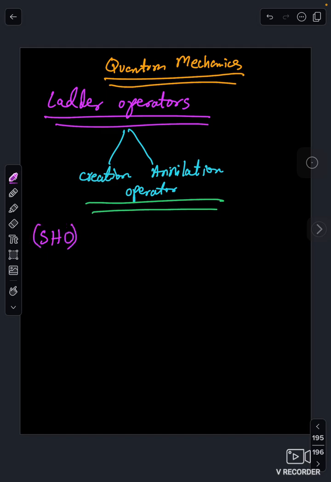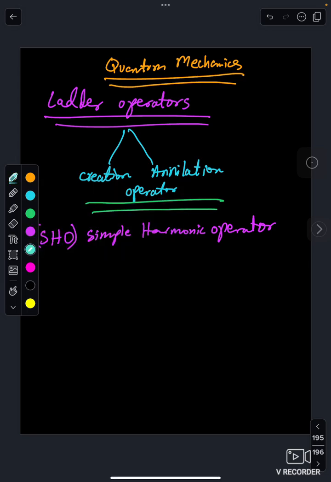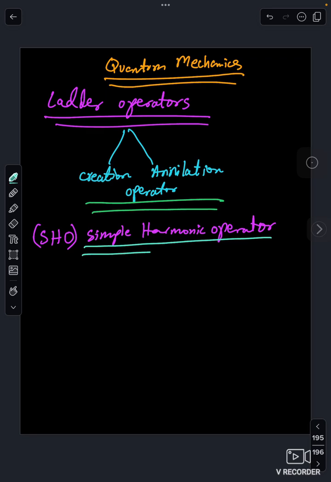SHO, simple harmonic oscillator. So, simple harmonic oscillator, no, oscillation, sorry, simple harmonic oscillator or oscillator. Okay, so simple harmonic oscillator has two